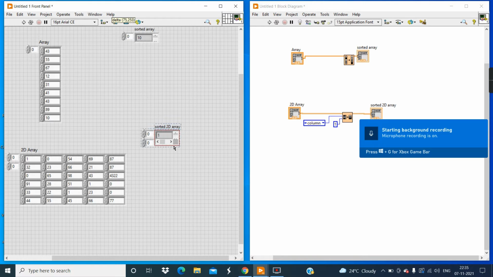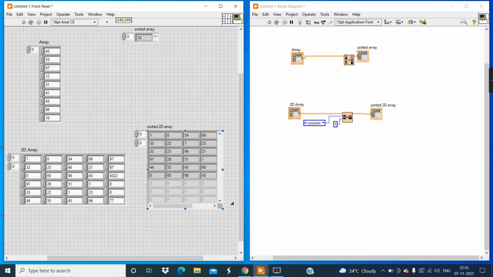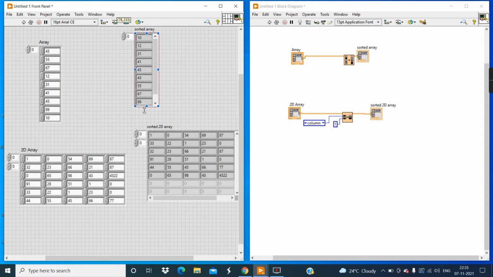Now change the position of this sorted 2D array and then increase the size. Similarly, for the sorted array of the 2D array, I specified column number 1. Column number 1 has the elements 0, 23, 65, 28, 22, 55. You can see the sorted column, where the minimum number is 0 and the maximum number is 65.